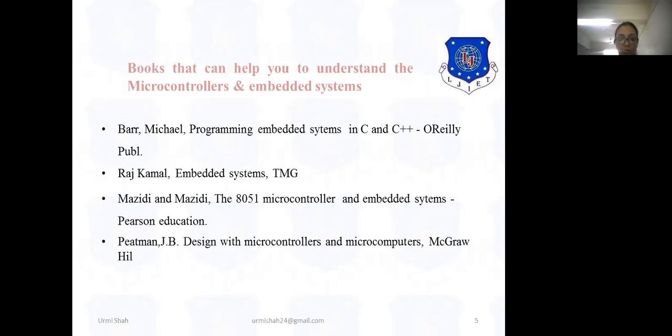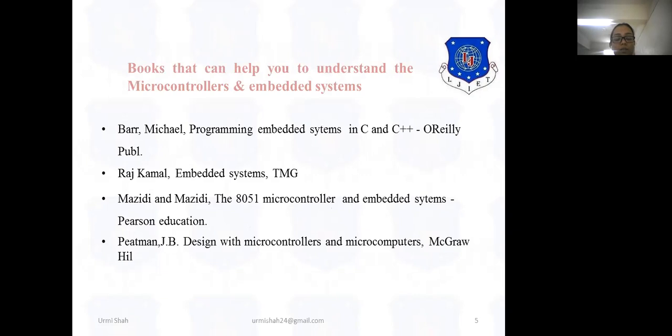Now you can see here the list of books which you can refer for this specific 8051 microcontroller subject. One of the best books I would suggest is book number 3, Mazidi, the 8051 microcontroller and embedded system.